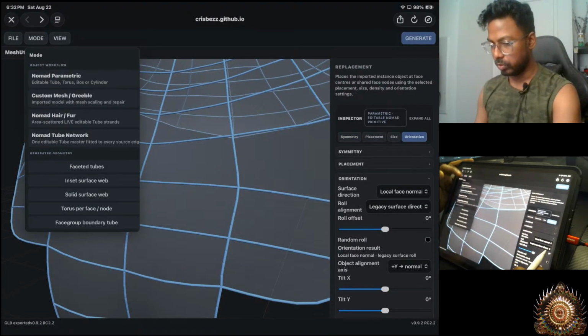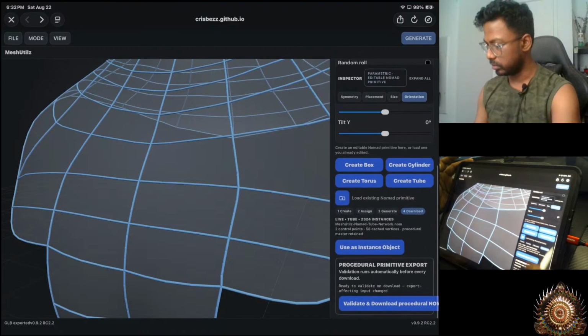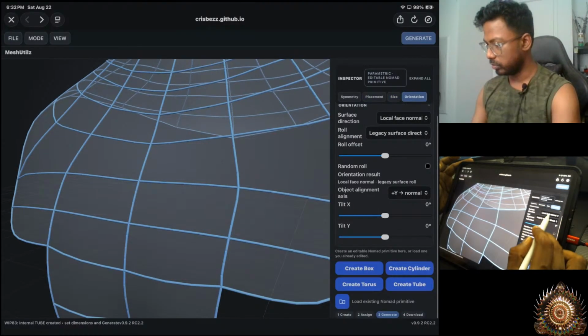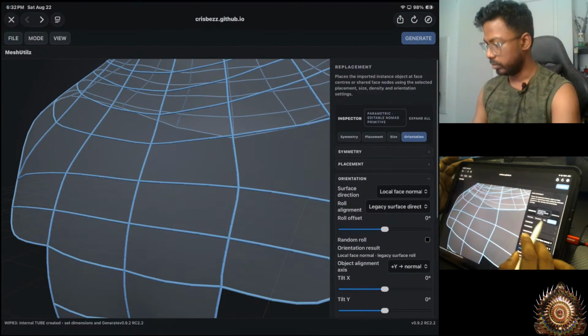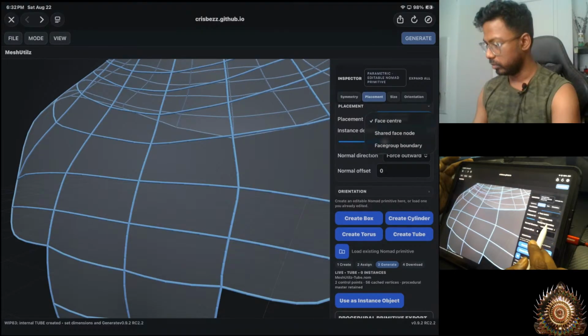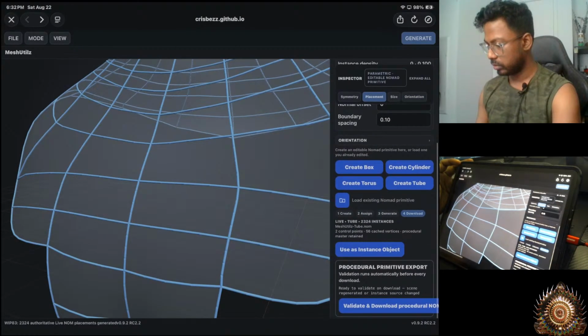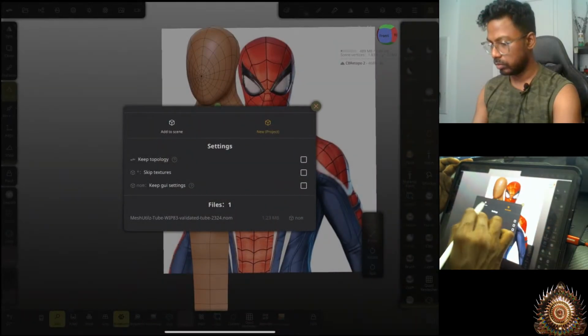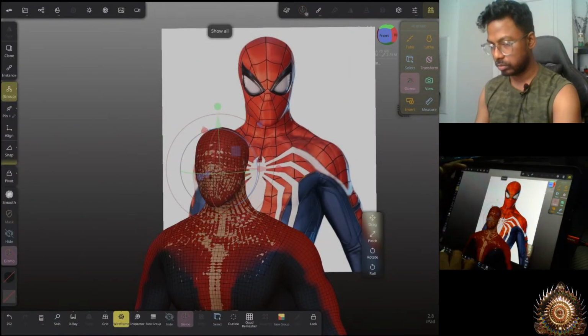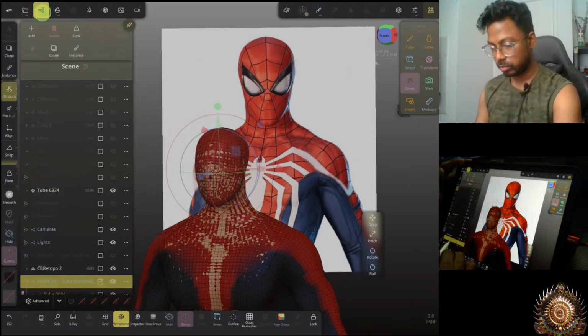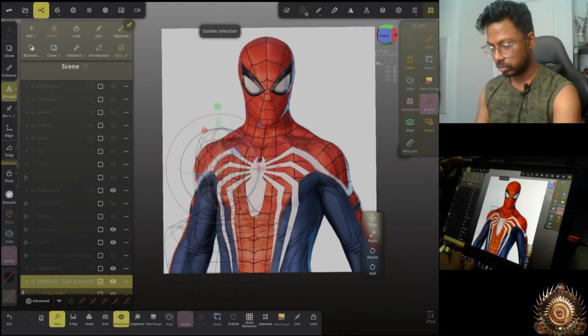Okay, let's say mode, nomad parameters, and just create tubes. Placement is gonna be boundaries, and what does that do? Okay, that just gives tubes,